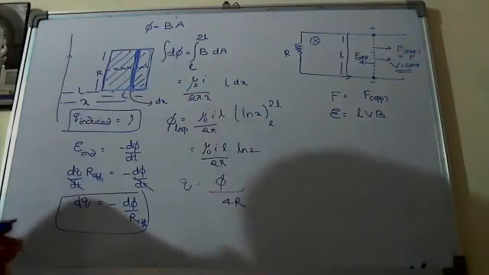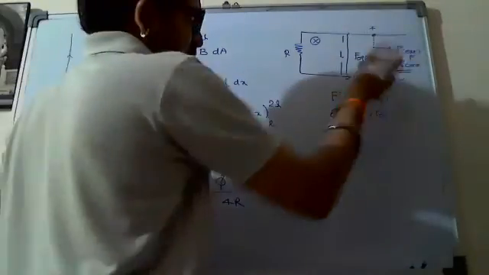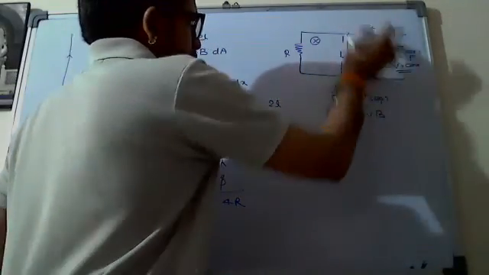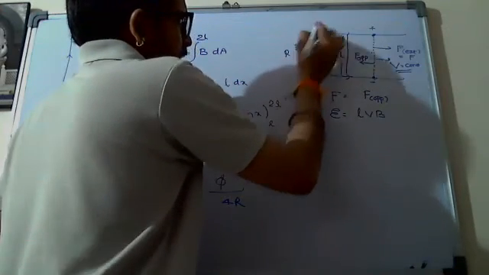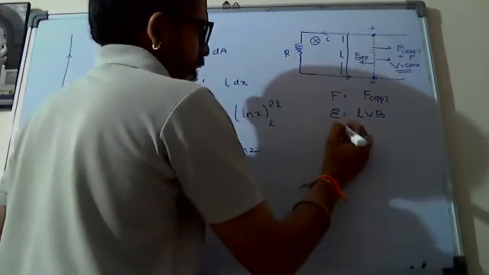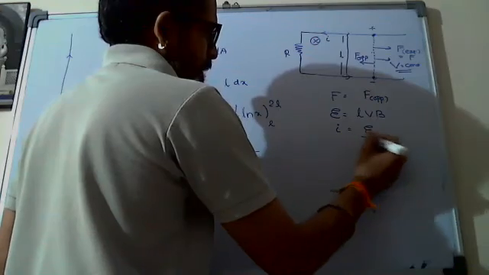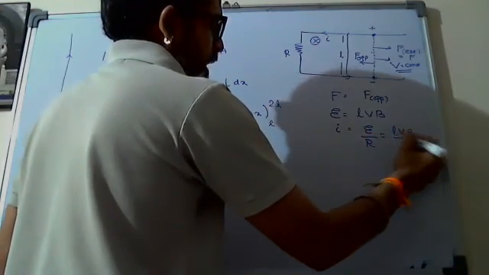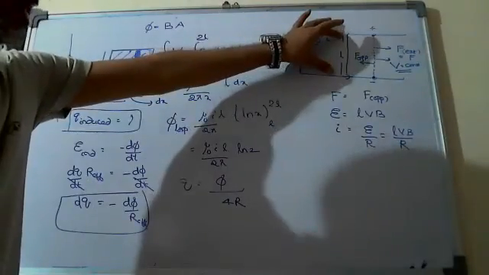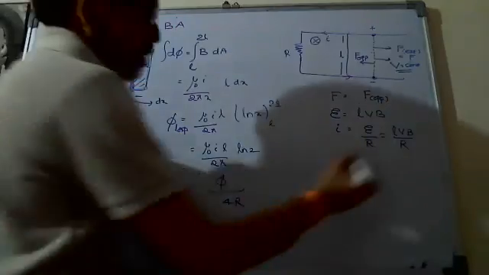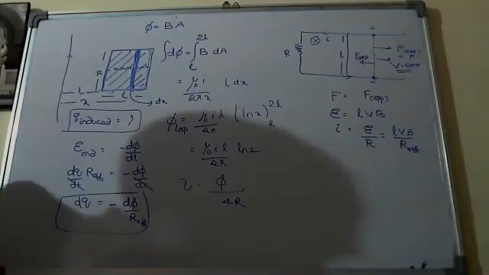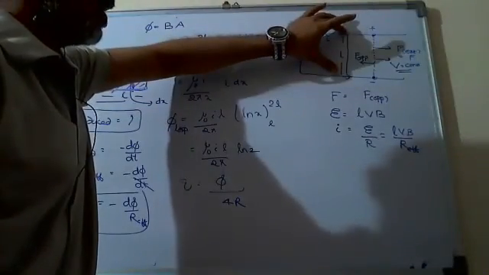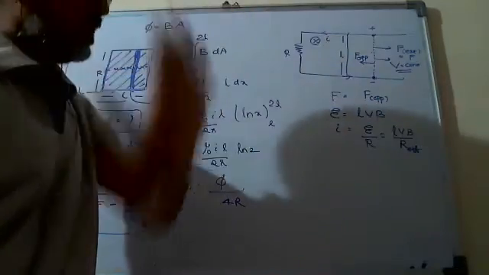Here the resistance of the rod is not given. So the total resistance in the loop is R, and that too it is closed with a resistor. That's why here the total current in the loop will be, by Ohm's law, I equals V by R, that is LVB by R. If they give the resistance of the rod, Nana, you have to include that resistance also. Simply, it is the effective resistance here. Luckily, in this case, resistance of the rod is not given. That's why I'm taking only this resistance.